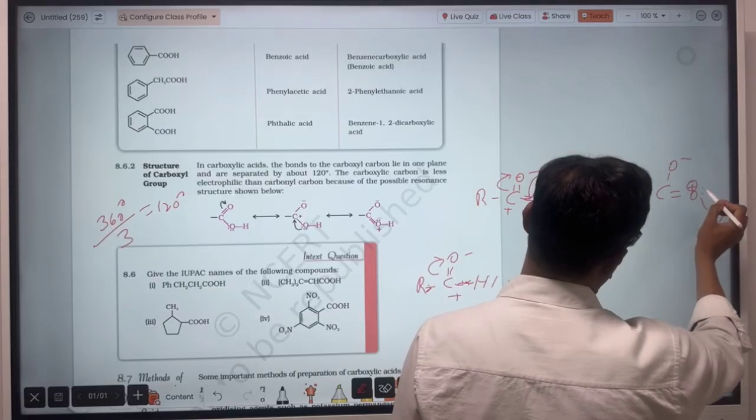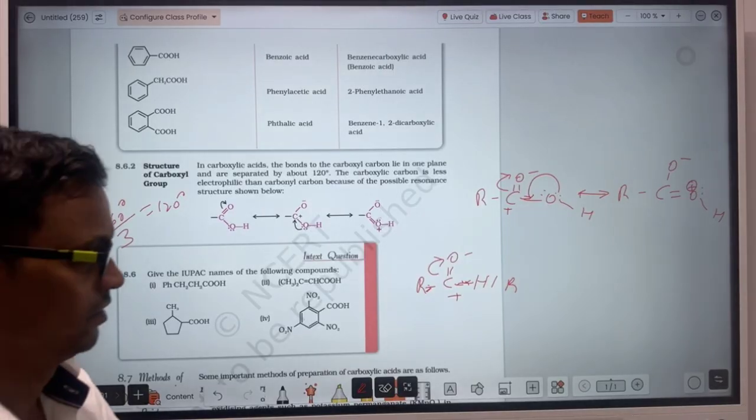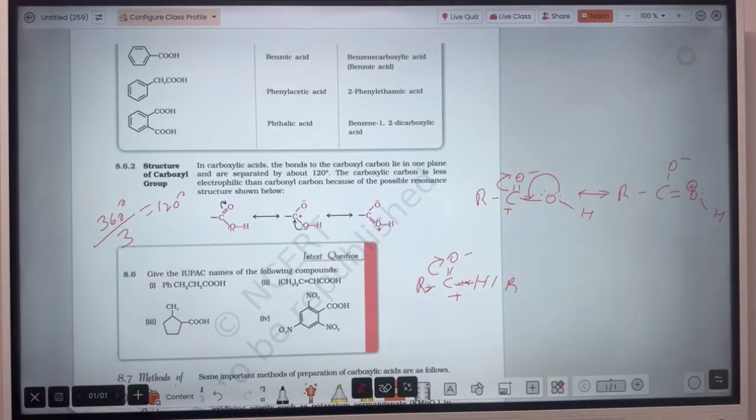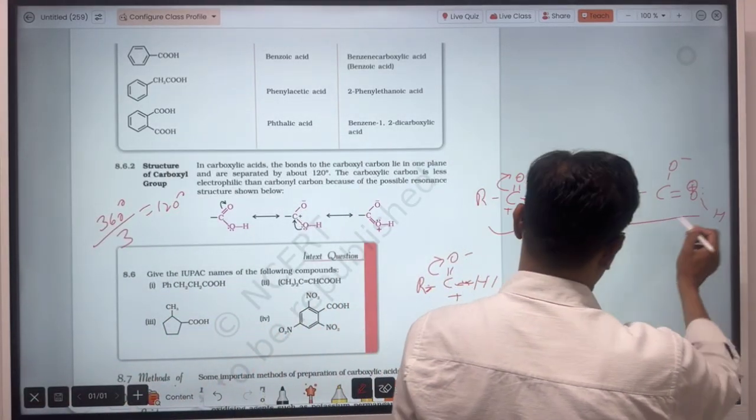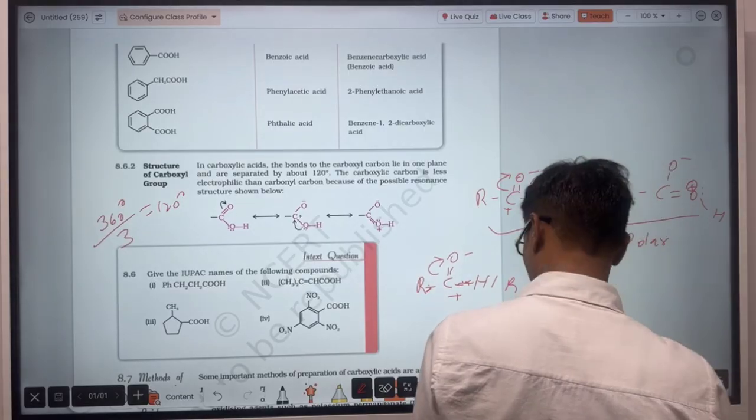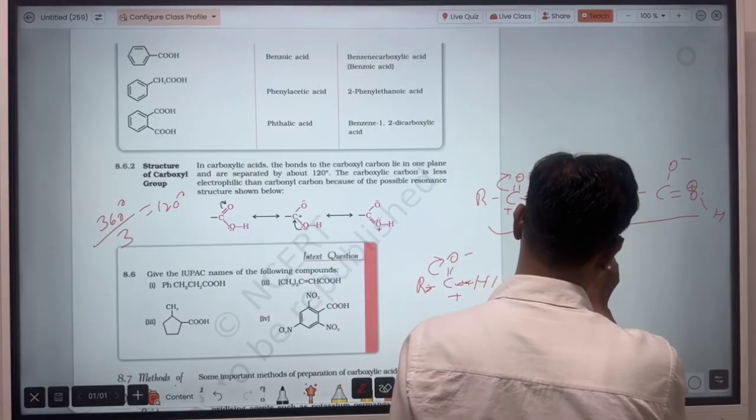So the magnitude of positive charge will be on the oxygen here. This magnitude of positive charge has been declined. So out of these two resonating structures, in one of the structures there is no positive charge on the carbon atom. So obviously this molecule will be less polar, not less polar, it will be not sufficient to tell. That means the carboxylic carbon